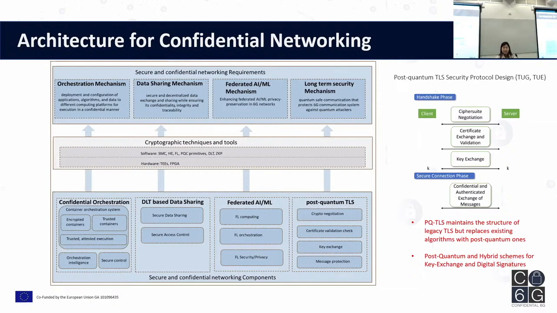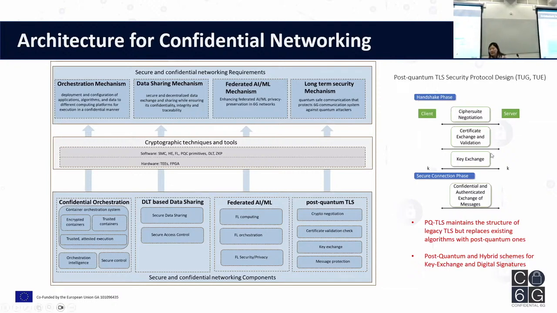So improving post-quantum security over TLS is very important work in 6G. For long-term security, we have to design post-quantum solutions for these TLS-based algorithms. A simple solution would be to replace the main modules, the key exchange and the digital signature, with existing quantum-safe algorithms.